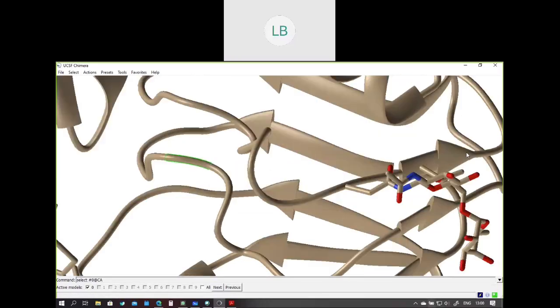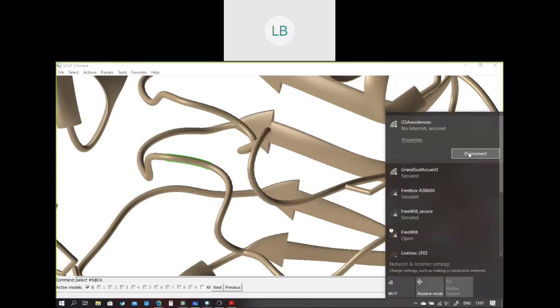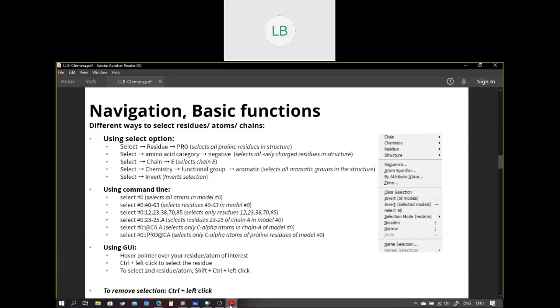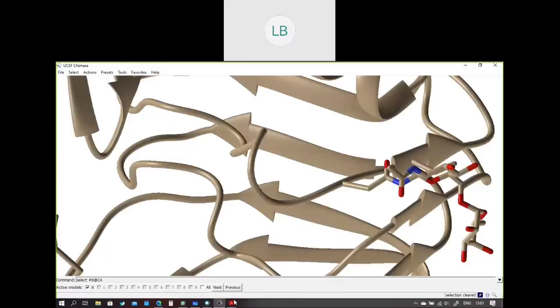If you want to remove the selection, press Control and left click anywhere, not on a residue. It will clear the selection. These are different ways to select residues.